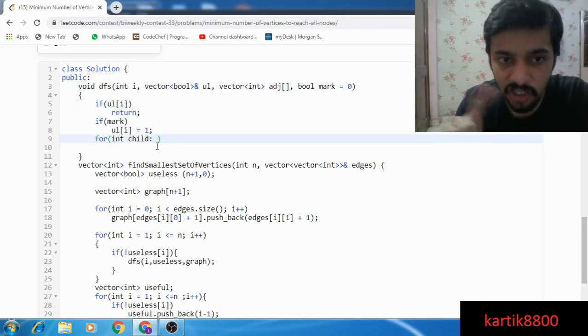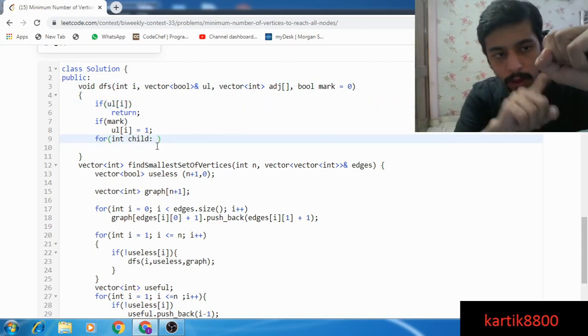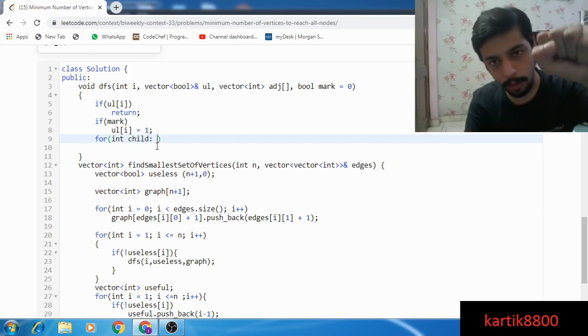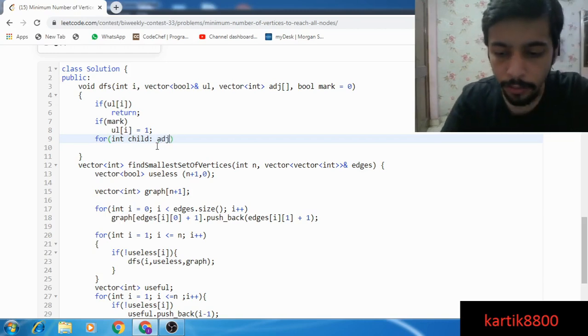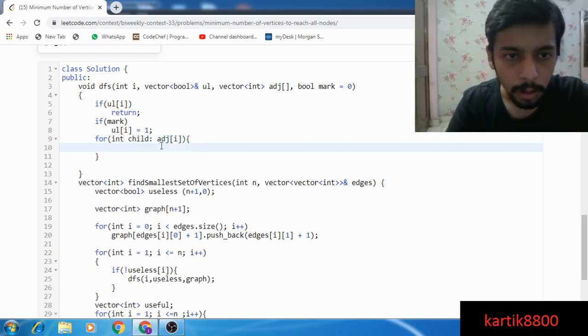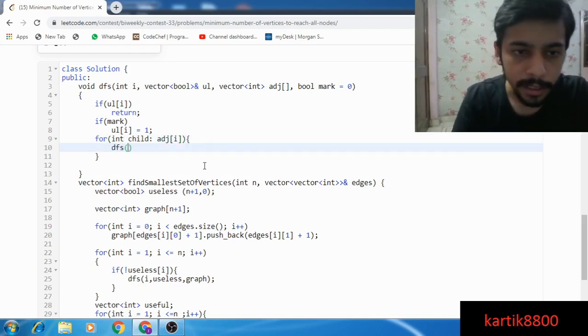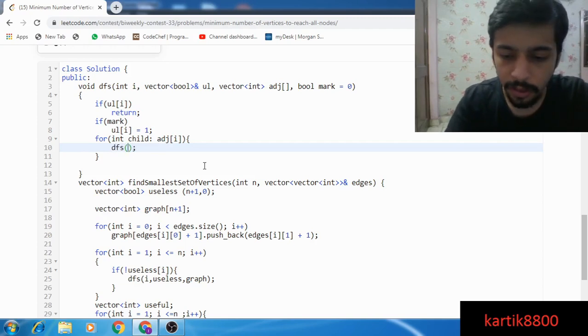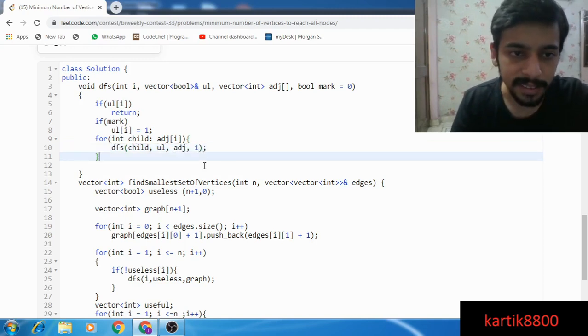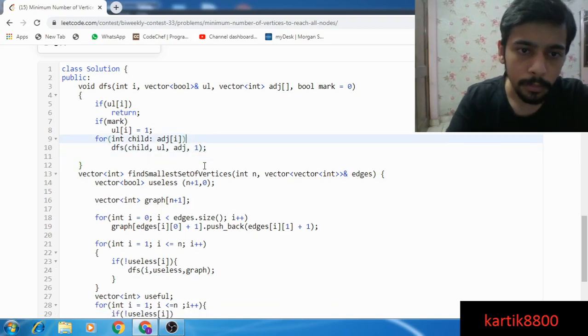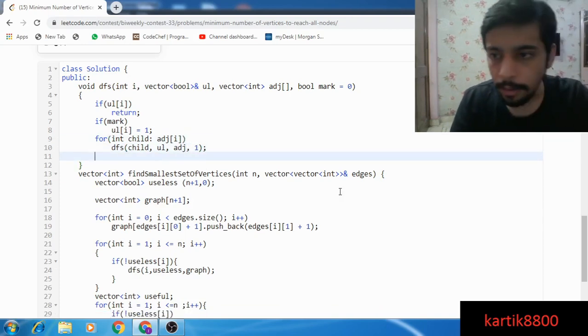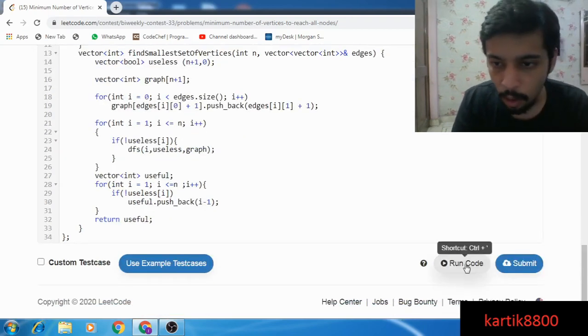For all the edges coming out from here, so for every child of node i, you visit them, perform a DFS. Perform a DFS, say child, adj and mark equals to 1, mark them useless, that's it. And we're done. Let's see how many errors I get.